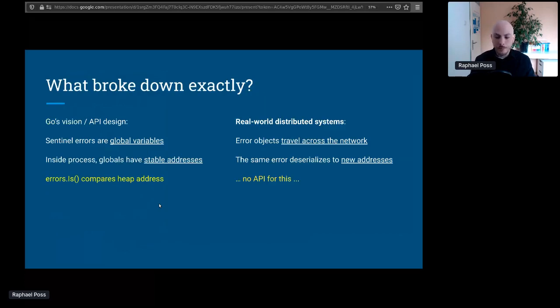So what's going on here, if I want to generalize this a little bit, is that the errors APIs provided by the Go language and the other libraries are assuming that error objects are global variables, that you have a single process application, and errors.Is has been simplified and accelerated to only compare error addresses in memory. But of course, if your error object comes from somewhere else, it's been allocated dynamically and it doesn't have the same address every time you receive it, and therefore errors.Is doesn't work.